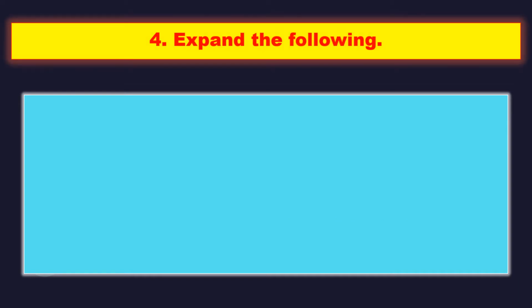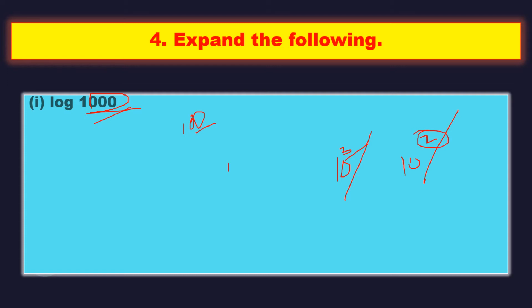Expand the following. Whatever the question is given in terms of logarithm, that you should expand. So 1000, I can write in terms of 10 as 10 cube. If it is 100, you can write as 10 power 2. Here how many zeros are there? Count them and put as power to the 10. Here 3 zeros are there, so I can put 10 cube. If it is 2 zeros, suppose 100, you can write as 10 square. If it is 4 zeros, 10,000, then you can put 10 power 4. So first I'll write this 1000 as 10 cube.